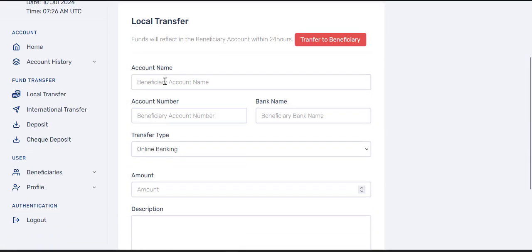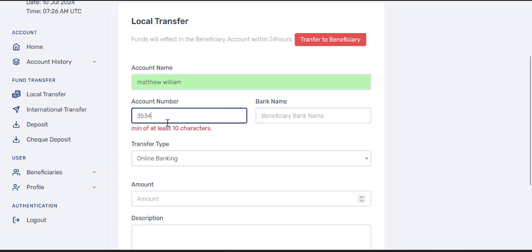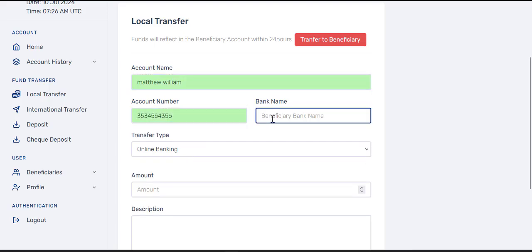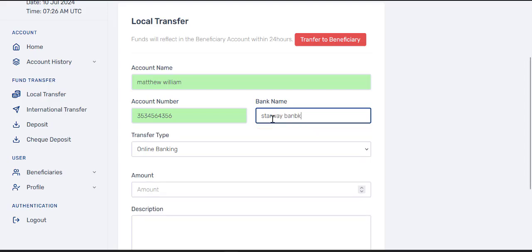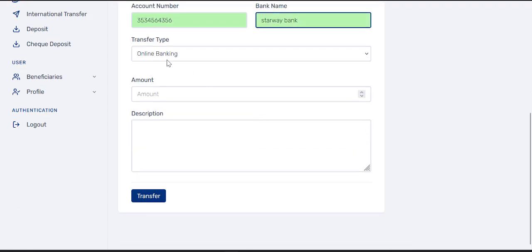I'll put in the name of the accounts I want to transfer to. I'll say Matthew William, account number, bank name is Union Credit. The bank name is, let's say, Starway Bank. Starway Bank. And then